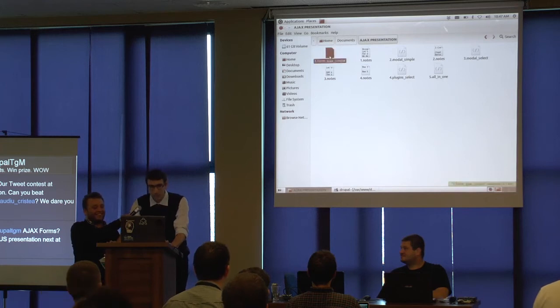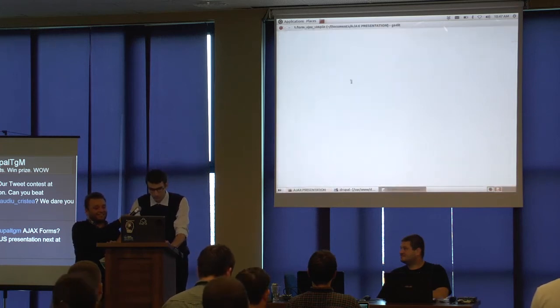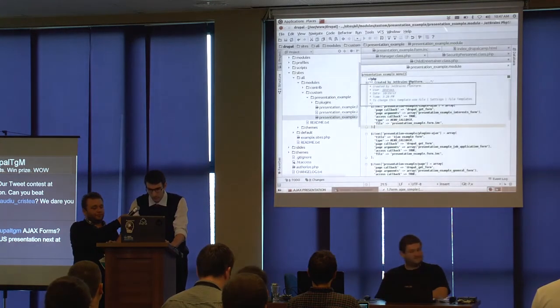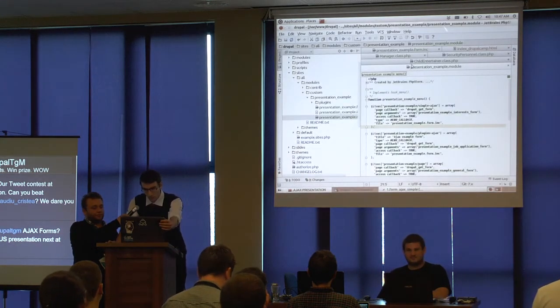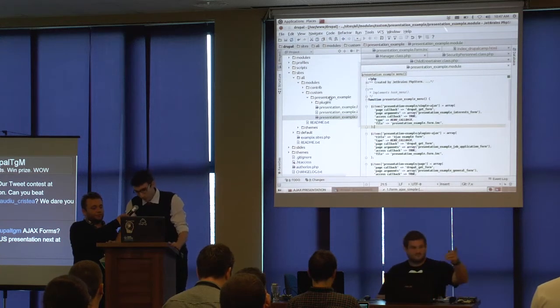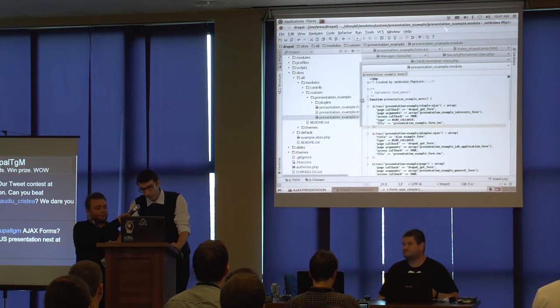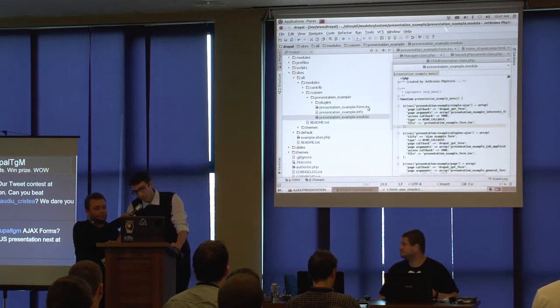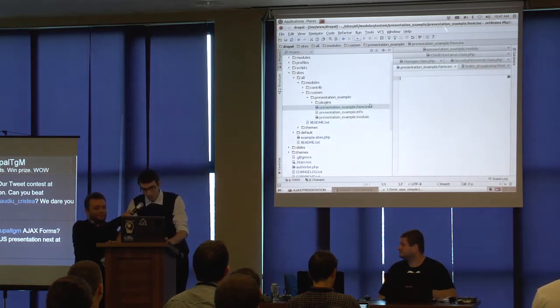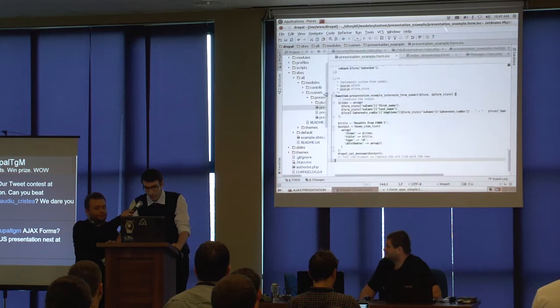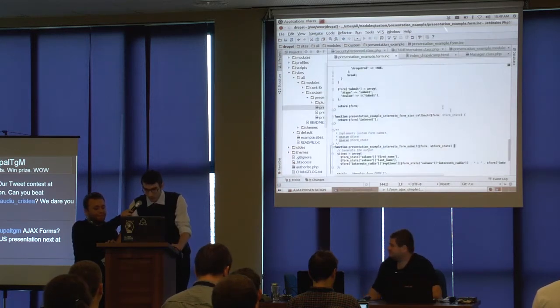So the first example will be quite simple. Let's copy this. I created a module that has a .module file, and it has a .form.inc file for form elements. I included those in the .info, and I just copy this code here. So this will